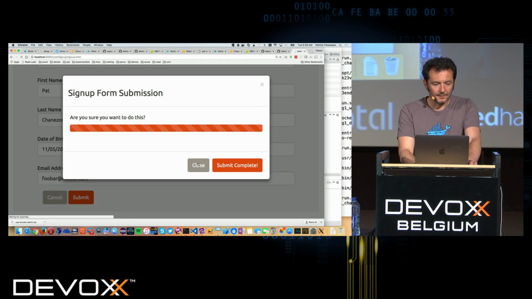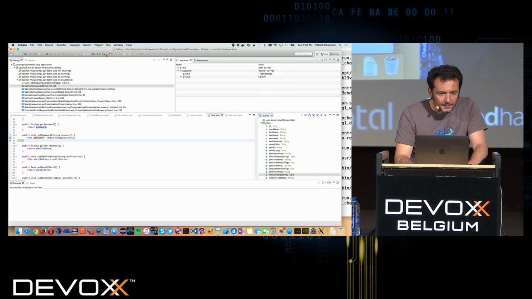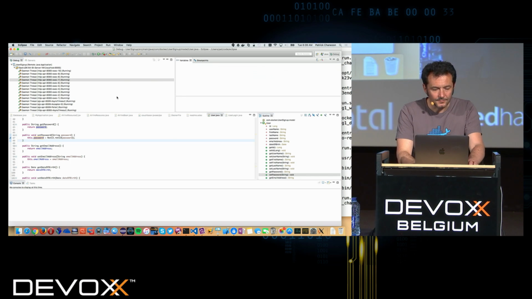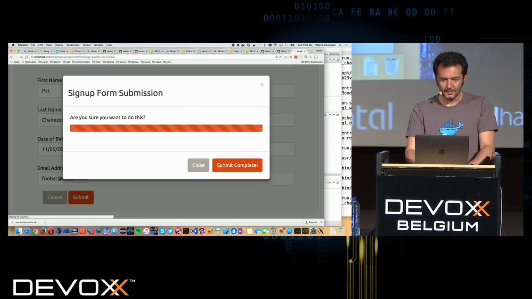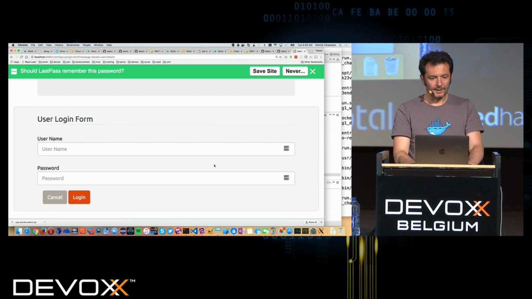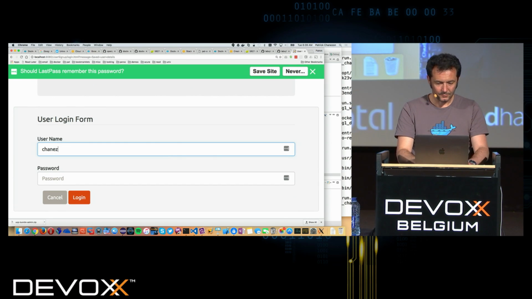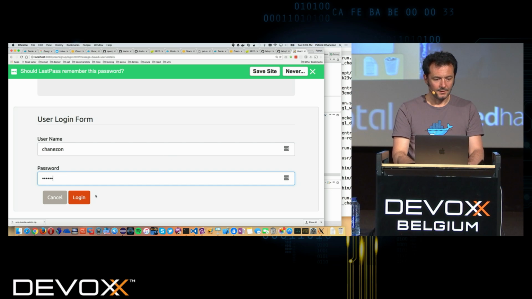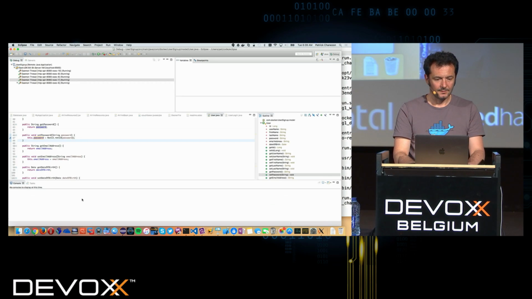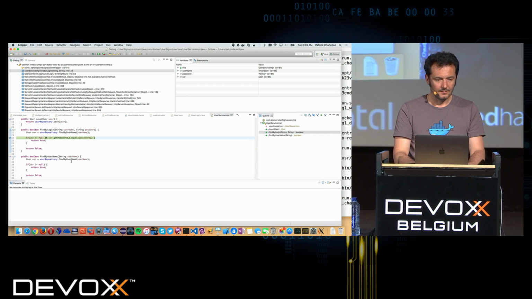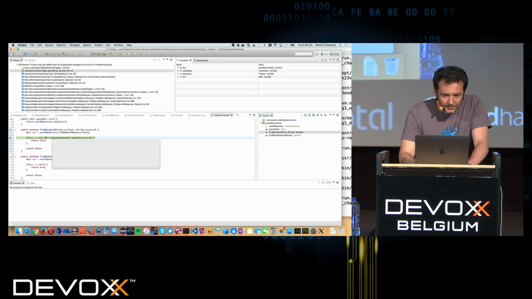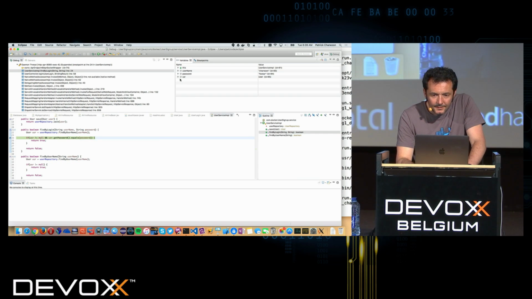And if I go there, I can just say, okay, I understand what's happening here. So I just want to continue, resume, and okay. Now I can log in with my previously created user, and if I go there, I'm getting the password.